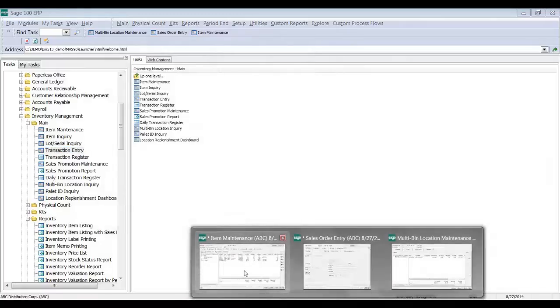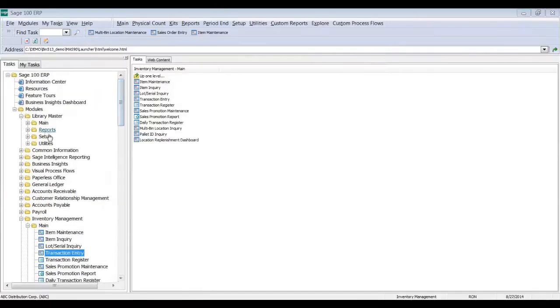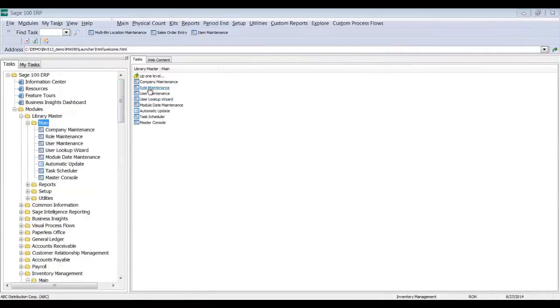So to finish off the transfers, we did 3 kinds of transfers: the quick transfer, the group transfer, and the transaction entry transfer. Now there's one more thing I want to talk about on transfers. If I were to go into role maintenance,